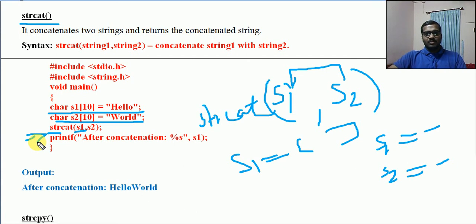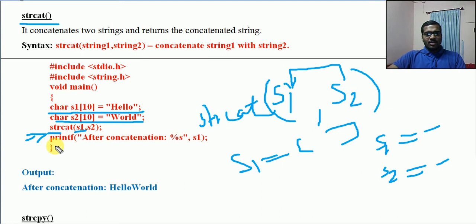What is to be done? Just like we are switching on the fan, we are simply putting that switch on. We don't know what is happening, but the function will be executing. Similarly, when we call strcat with the parameters s1 and s2, s2 will be combined with s1, and s1 will be in a new format, that is the joint format.